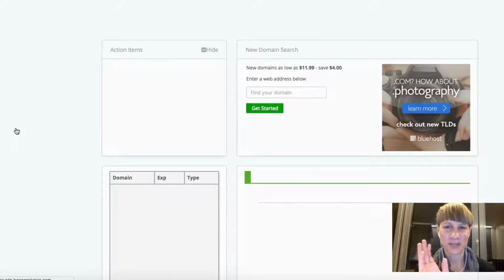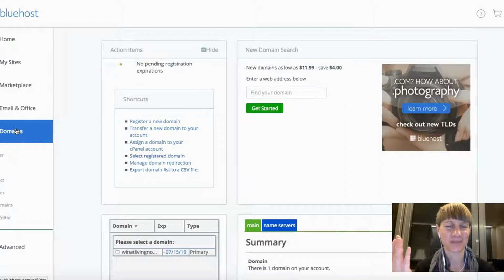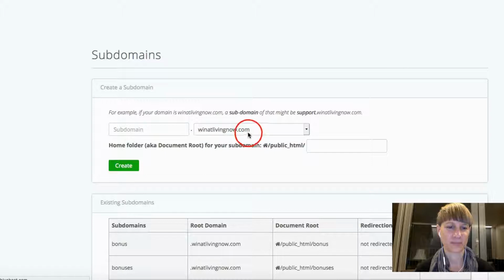Remember, if you're just setting up your own blog, ignore what I'm about to tell you right now and just watch it because it's interesting and I want to show you how simple it is, but ignore it. You won't be doing this, and then you will be doing the next step after this. So I'm creating a subdomain now. And you can see my domain is Win at Living Now, and I'm going to do a subdomain called work